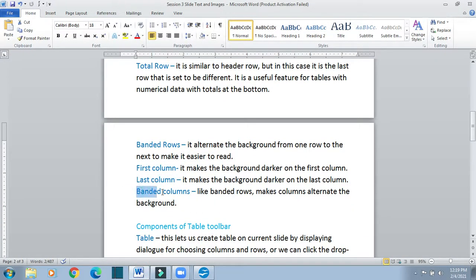Banded columns. Banded columns are the same as banded rows. Here we had banded rows, alternate colors for alternate rows. In this we will have alternate colors for alternate columns. So like banded rows, it makes columns alternate the background.